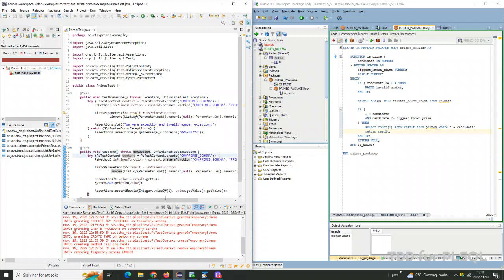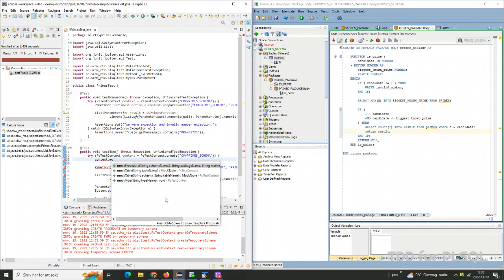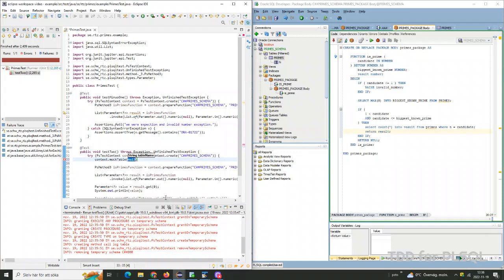So what we need to do in order to get that fixed is to actually mock that table. Let's use the context, mock table, right? And the table name is primes,